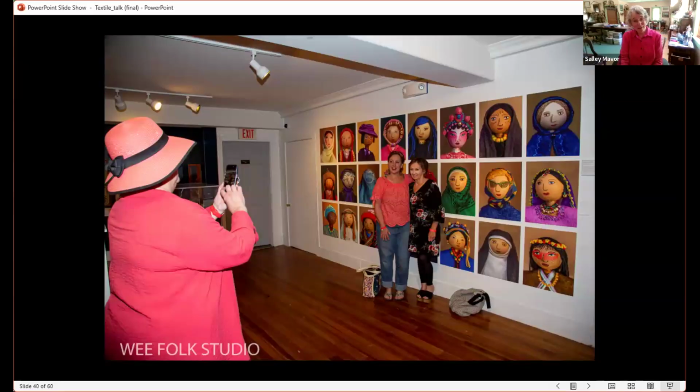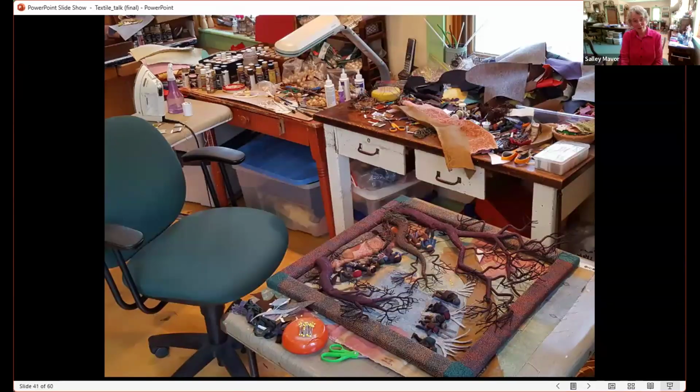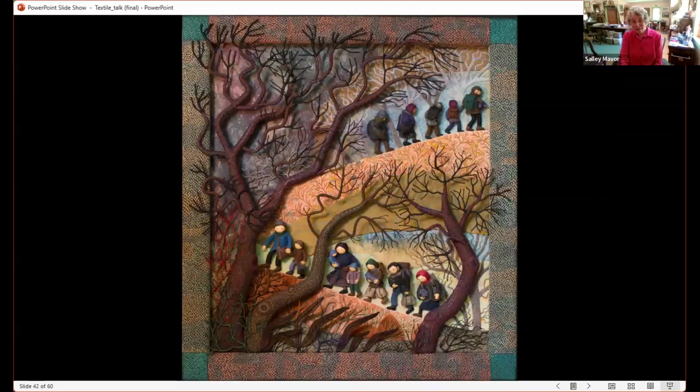I took these portraits and photographs of them and enlarged them, and I've been including them in some of my exhibits. And they are now known as the Wall of Women. So this is what my studio looks like for months at a time when I was working on a piece called Displaced. Displaced was inspired by current world events, but it could very well represent the timeless plight of refugees throughout history.